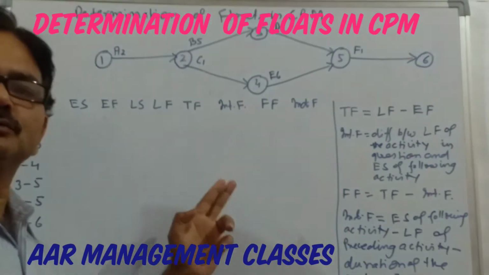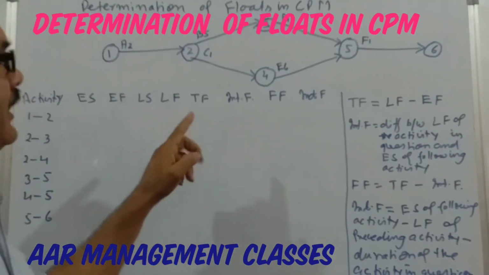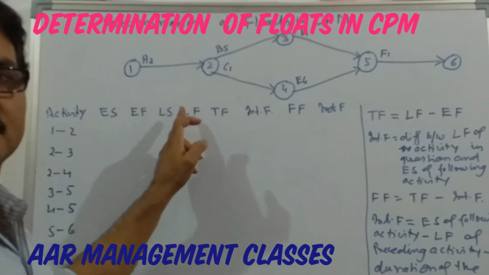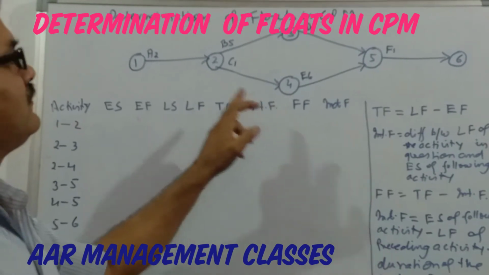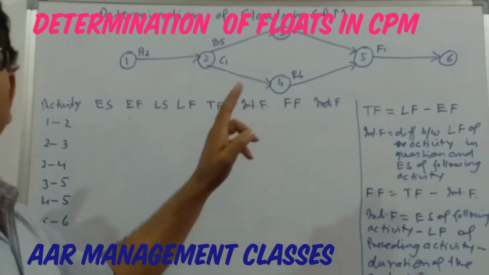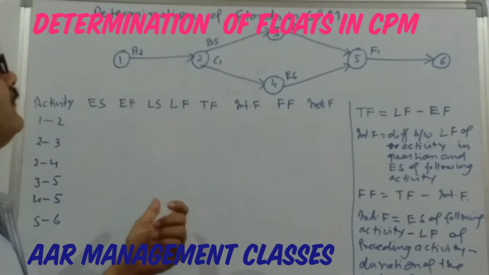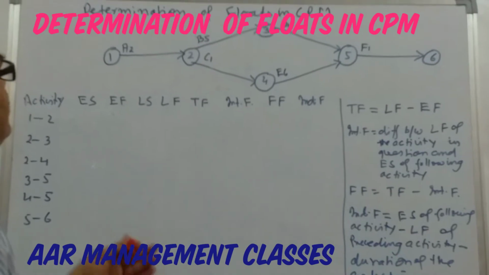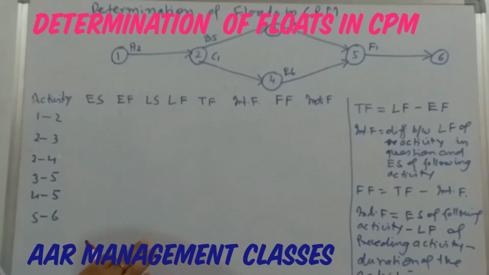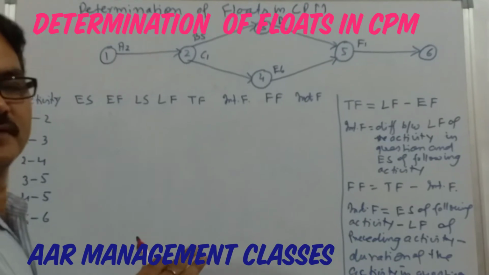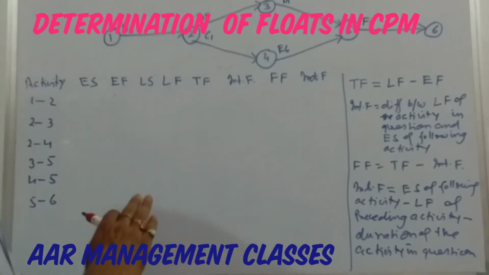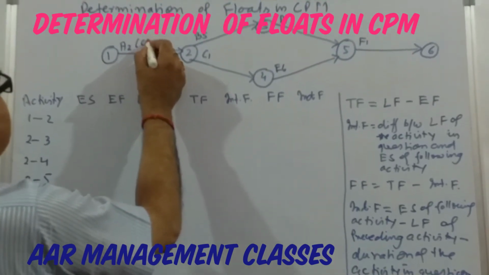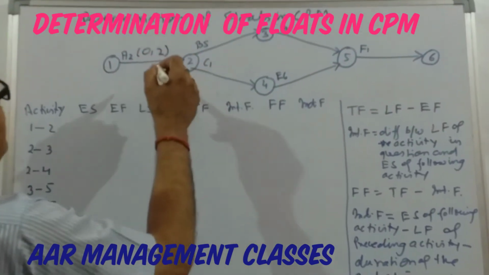Here we will do two things. One, we will again calculate earliest start and earliest finish time, latest start and latest finish times for each activity for the purpose of determining the floats in CPM and PERT. So let us first talk about calculation of earliest start and earliest finish time, that is also known as forward calculation. Here, initial time is 0 because this is the starting time, and